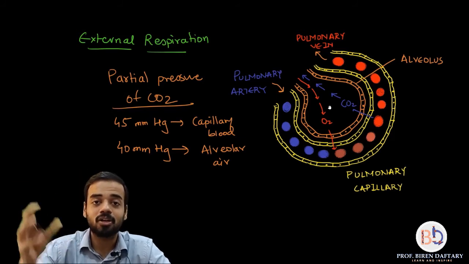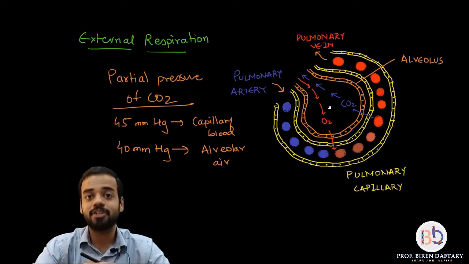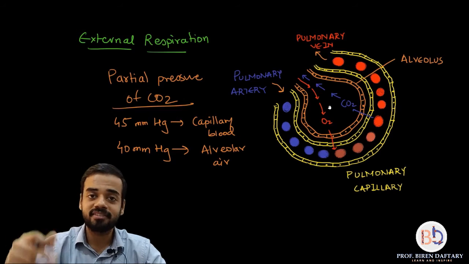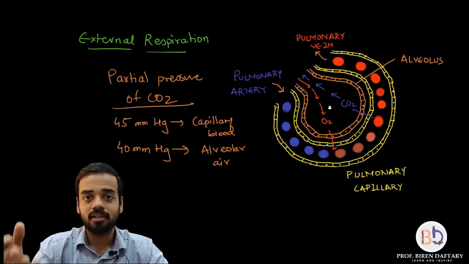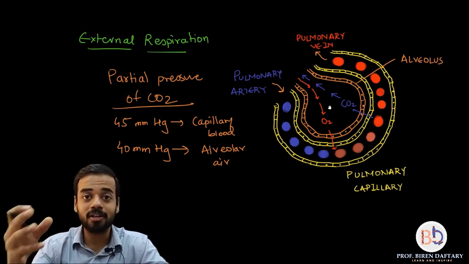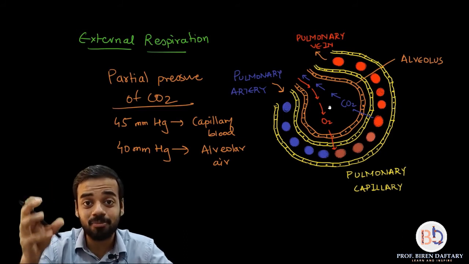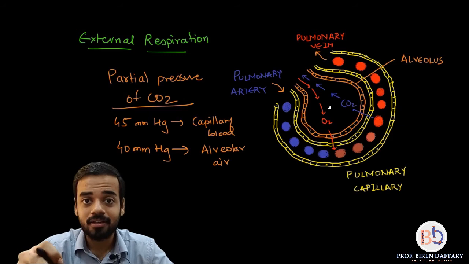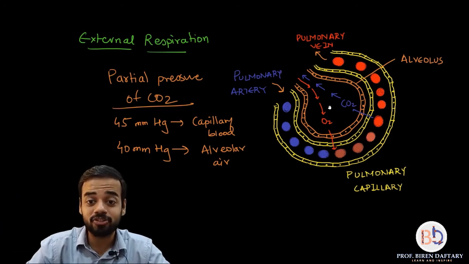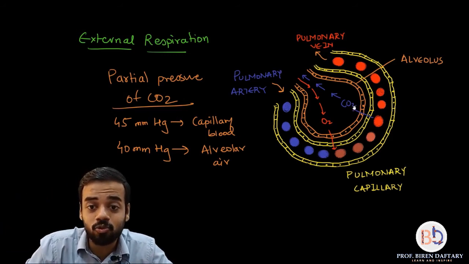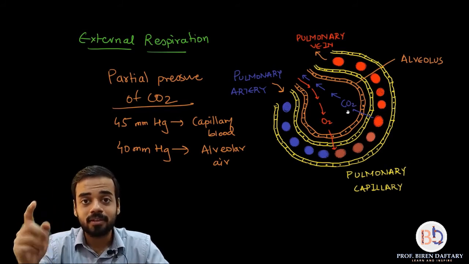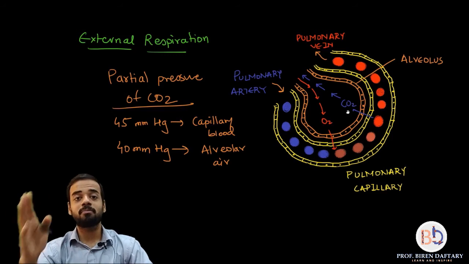Please remember, all the gases are taken in during inspiration, but why is only oxygen going inside the blood? See, other gases also dissolve in the blood, gases like nitrogen and all, but oxygen has a special carrier in the blood, hemoglobin. That is why oxygen gets concentrated more in the blood. Similarly, have you understood why dissolved carbon dioxide from here is going into the air? Why is it diffusing? Because of partial pressure. Is this clear?